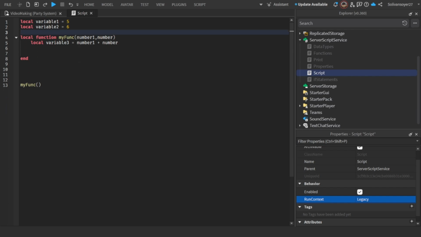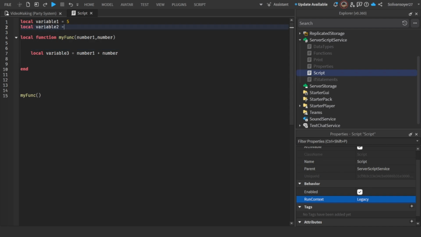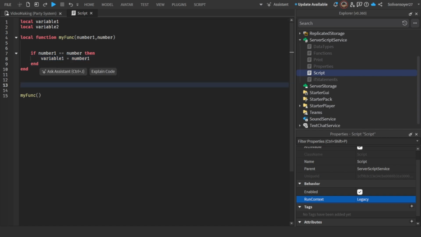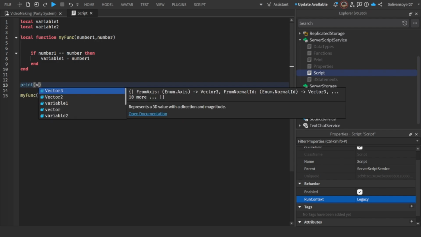A good way to use scoping is like this. If you're not sure what these variables are gonna be, you can just leave it like this: local variable 1, local variable 2, defined as nothing, or you can say nil, but you can leave it as nothing. Then you can say if number 1 is equal to number, then variable 1 is equal to number 1 or something, and then this will actually take over, and variable 1 will be equal to this. Then whenever you call variable 1 outside of this function, print variable 1,